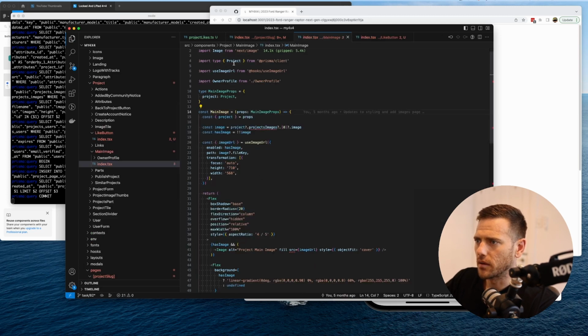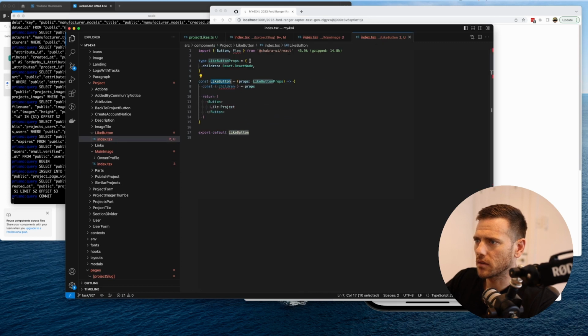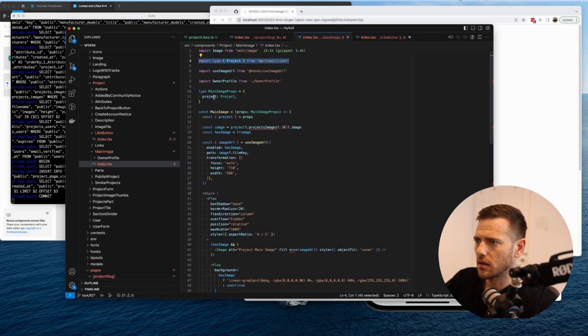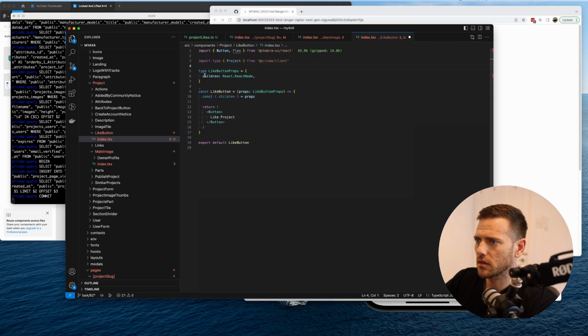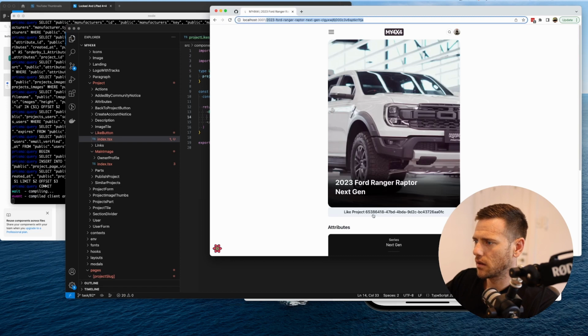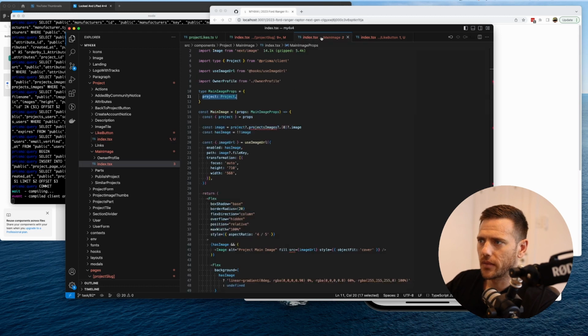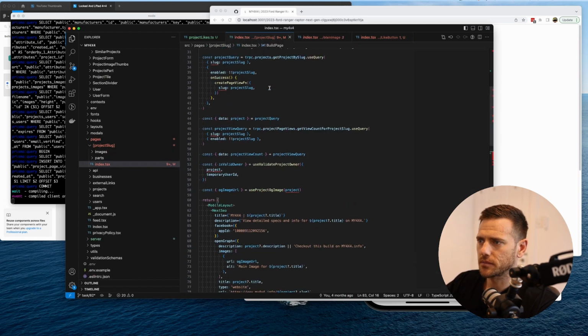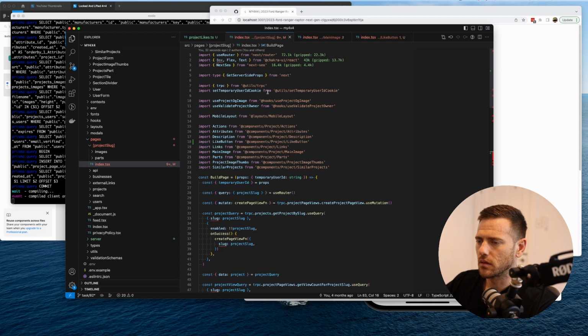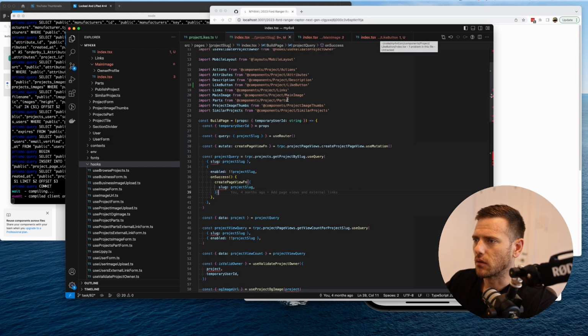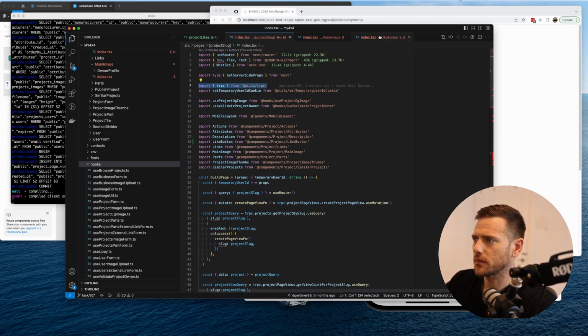And let's just grab these types from here so we can use them again. And we're going to pass in the project. And then here, we've got the project. And then for checking, I'm just going to pass the ID in there. Okay, there we go. So we got the like project. Now what we want to do is use tRPC, and we want to be able to create the like and also fetch the likes. So what I'll do is I'll just grab tRPC,